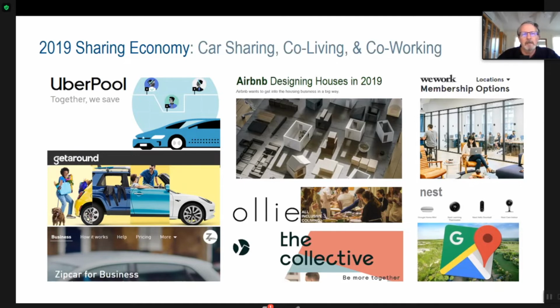Collective is a little different than Ollie. The idea with Collective is it's not renting a room in one place. It's renting across multiple locations. So if you're going from Paris to London to Amsterdam, you get to say where you're going to be, and all of your services go with you. If they know you want certain kind of laundry service, certain kind of meal service, certain kind of car sharing service, that goes with you.